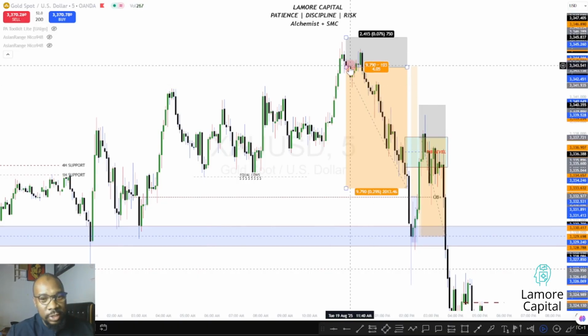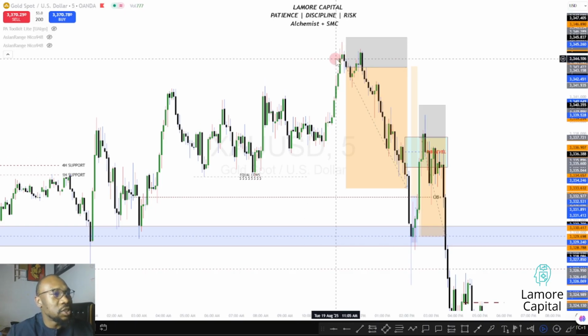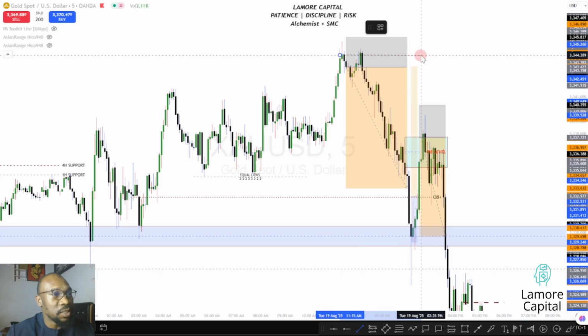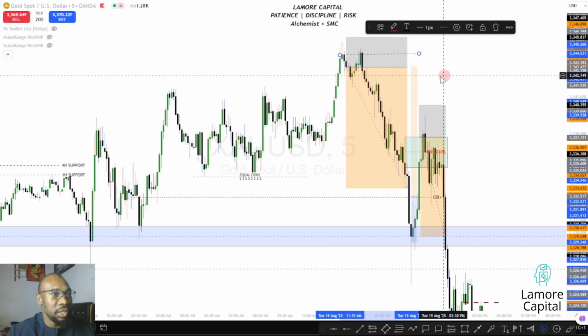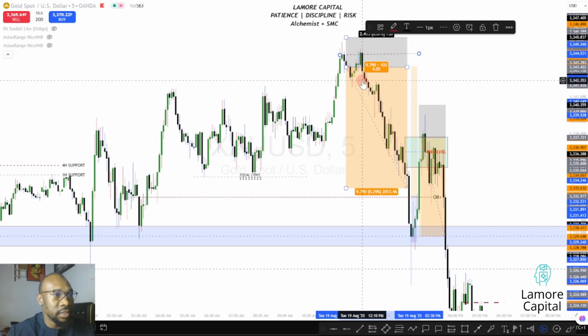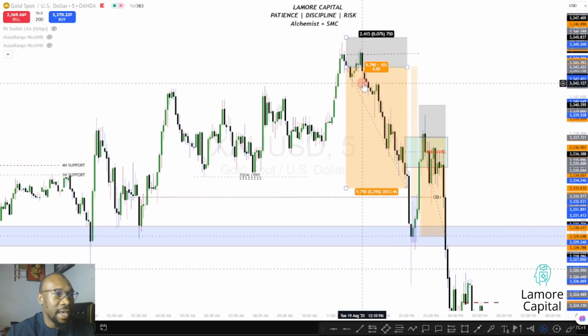So when I caught this first trade, when I saw this particular first formation, this formation here, I knew that this was a resistance. So what I was looking at was the top of this particular level. Then I didn't jump in immediately. I was looking for an impulsive movement, then the tap back into this particular supply zone. So I entered on this particular candle here.